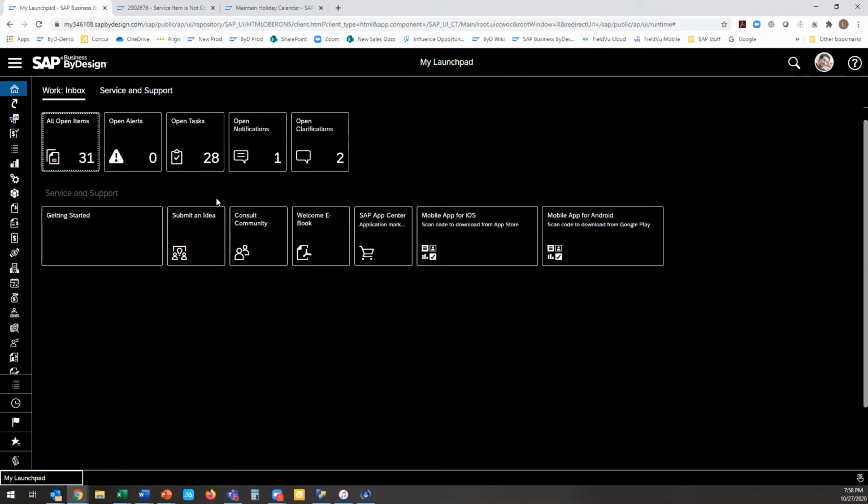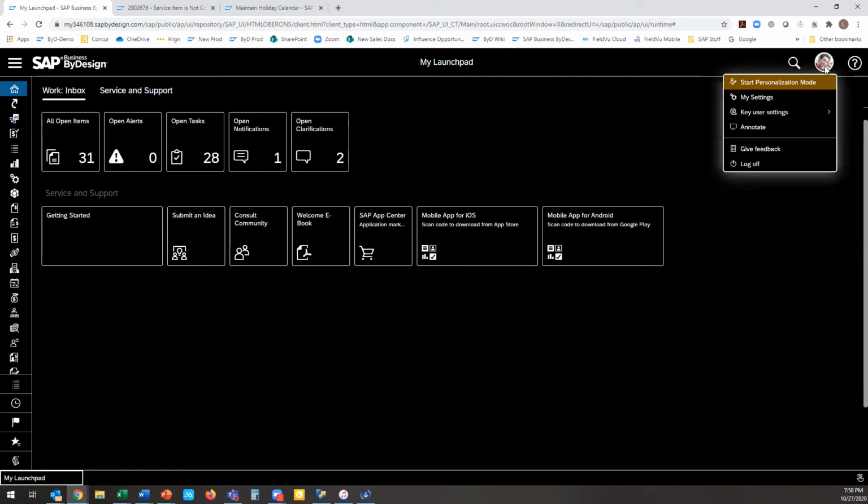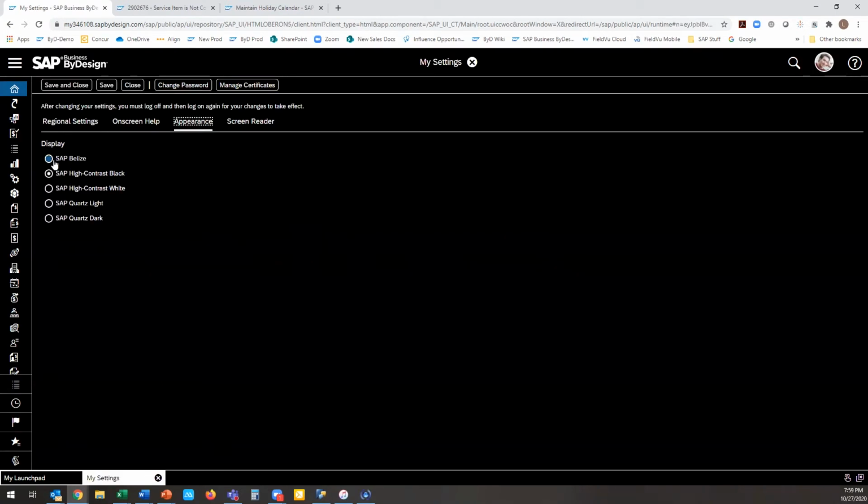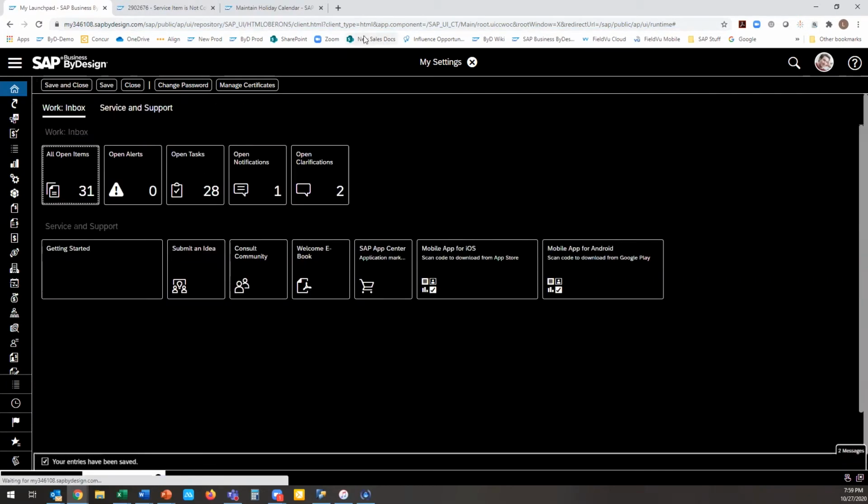Like I think I mentioned in another session, when you do change to a different one of these themes within the system, things like your alerts and anything that you have in the stoplight things, which are green, yellow, red, they don't show up. They just show up as symbols now. So they're not as visually eye-catching as they used to be in these high contrast screens. So I am going to change this back to the Belize